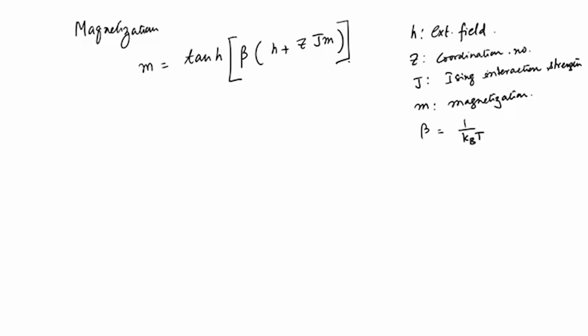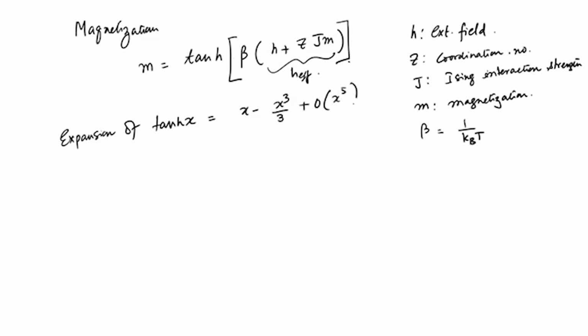In order to do that, we took this as H effective, and then we did an expansion of tanh x, where x is equal to H effective, which is x minus x cube by 3 plus terms of the order of x to the power 5 and higher, which we have neglected, and we have kept only terms up to cubic in x,